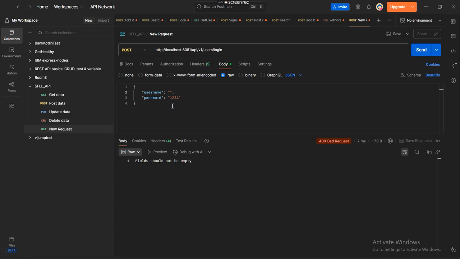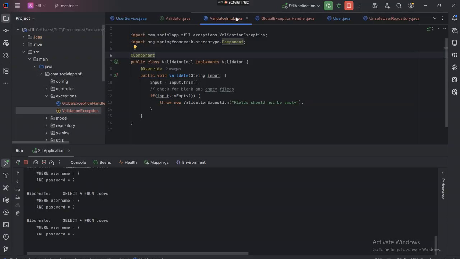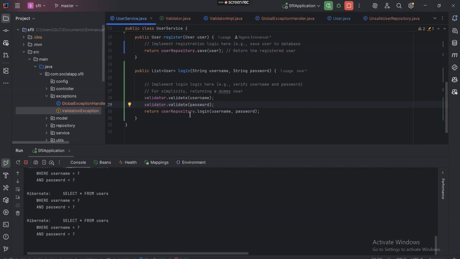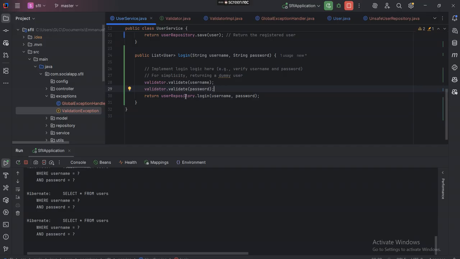But with this, your field should not be empty, so it's going to look for the empty field, and when it puts something there, then that error goes, and we simply get no information. So there is no user found here. And we can do that. We can check this array later on. So in the user service, before we return, we can check the value returned from the repository and see if it's an empty array. We can also throw a particular exception. So if this is a login, right, what can happen is